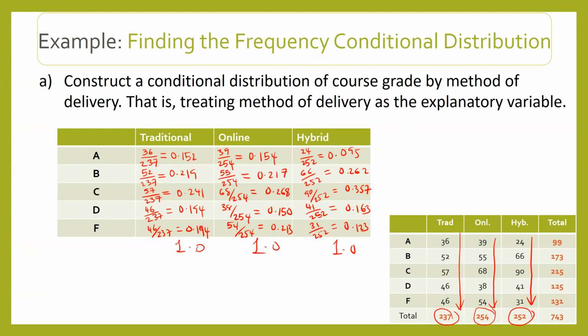And this is what we call conditional distribution. And what I just want you to be careful about is this condition that we have to go by the method of delivery. I'm going to give another example that talks about that, give a different scenario. Okay, so